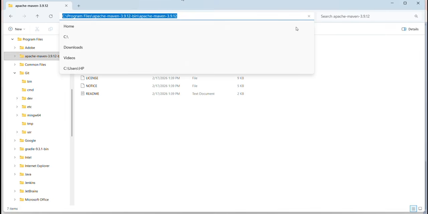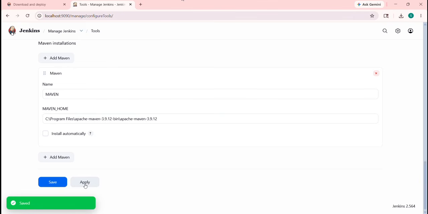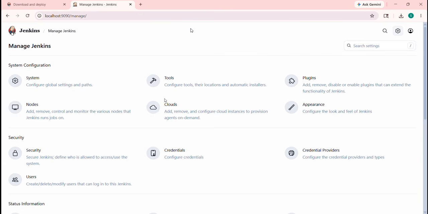Copy this path and paste it in the Jenkins tools configuration. You just need to click apply and then save. This is all for the video, and in this video we have successfully installed Jenkins and configured the